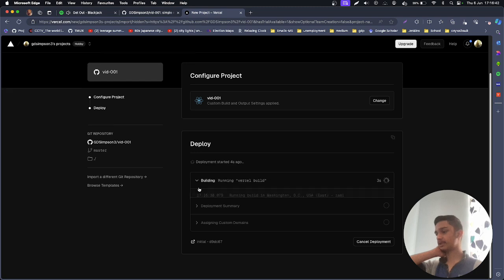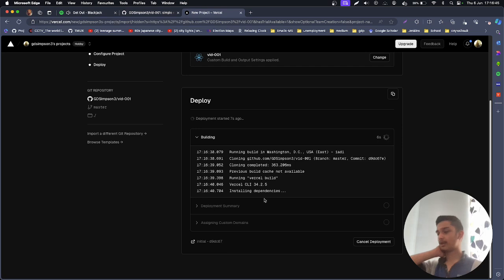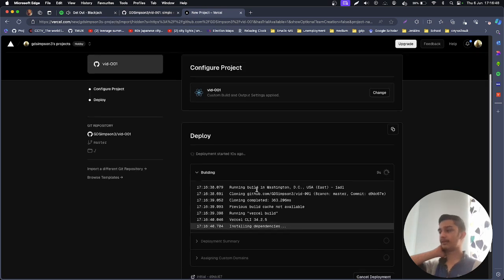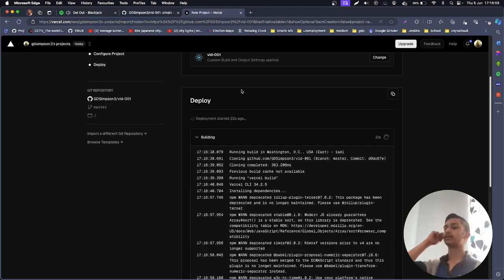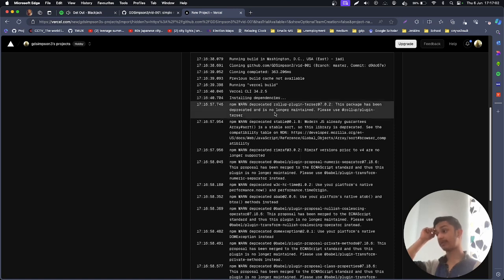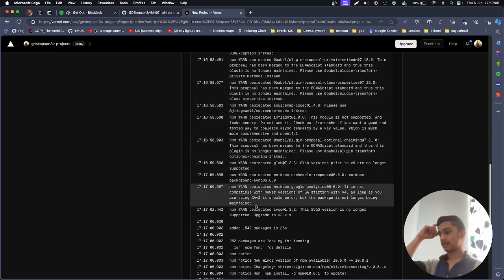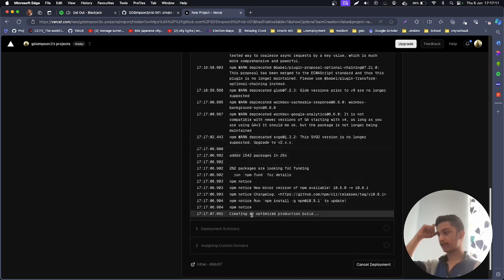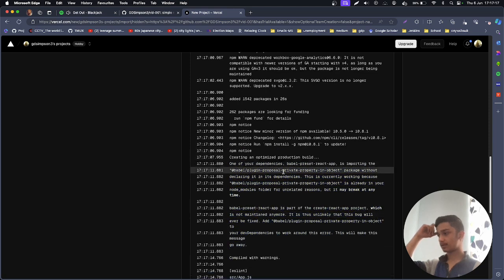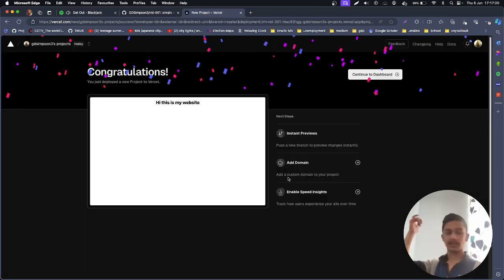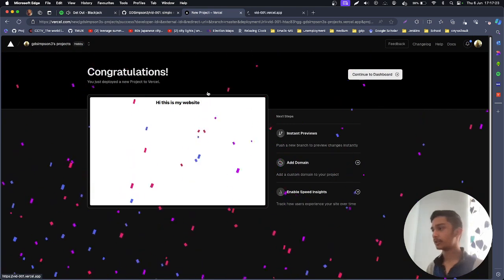Good, it will start to build. Here are the logs. It's installing some dependencies, some Vercel stuff. Vercel build, that command, will run some script. We got npm warn, so basically some node modules are deprecated. A lot are deprecated. Cool, so it's added. Now it's creating a build. Okay, it finished. So you can go to this URL,